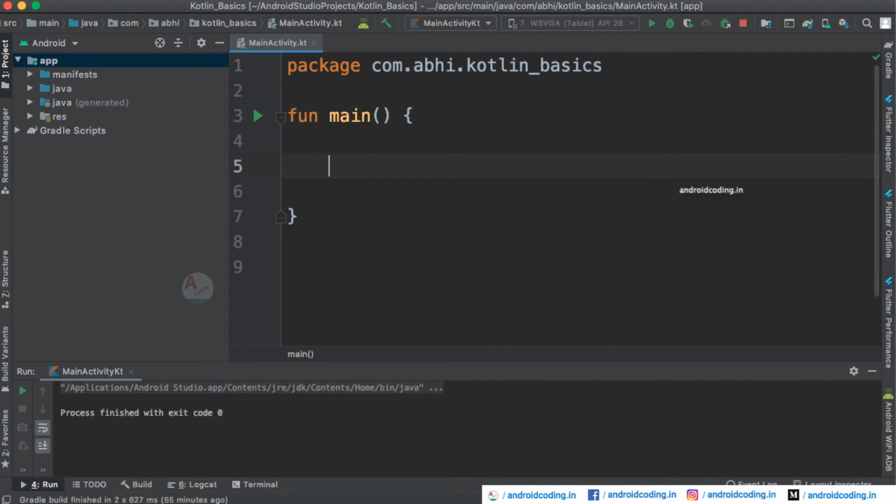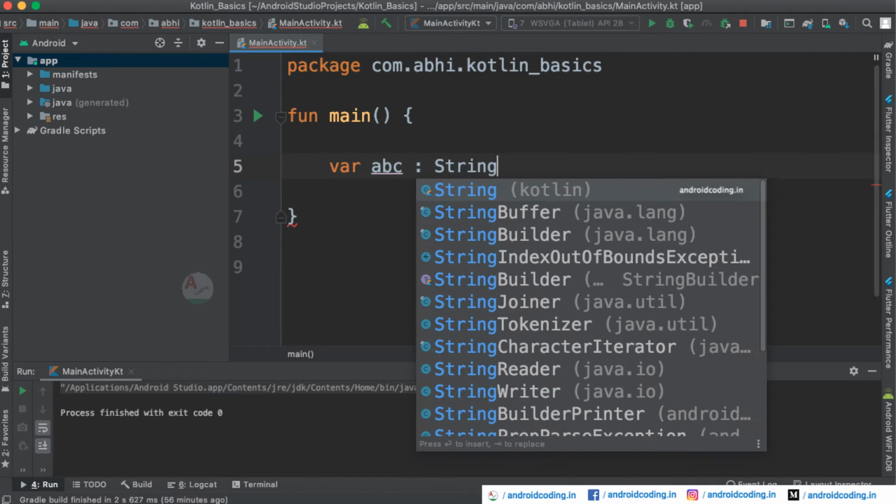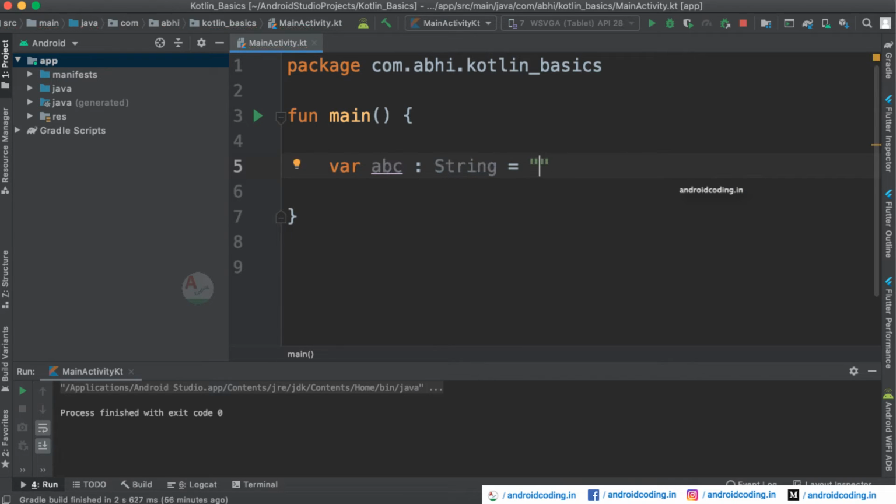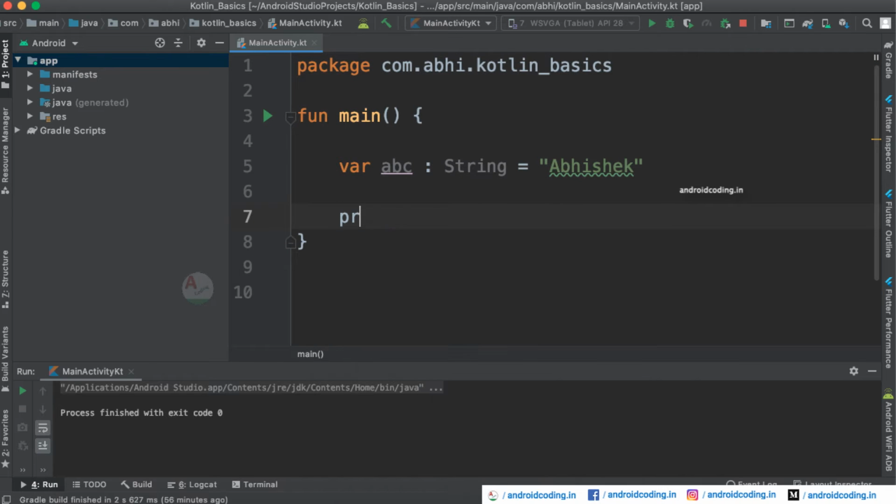Now let us see an example of what a null is and how it arises. I am declaring a simple variable here and I am also specifying the data type. Let us consider it to be a string, and here I will just specify my name inside it. Now when you try to print this piece of code, everything works well and good. So far we are clear, but now what happens when there is a null here?